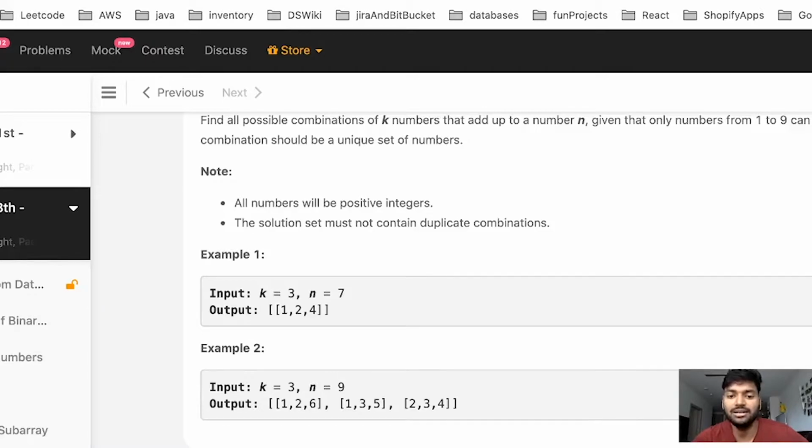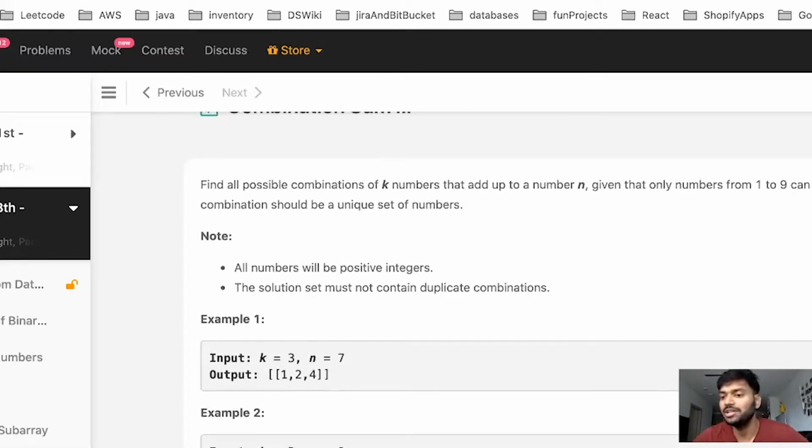So let's understand the recursion here. When do you know that a problem is a backtracking problem? Whenever they say find all combinations, or find all paths in a binary tree, or find all directions that you can travel in a graph.